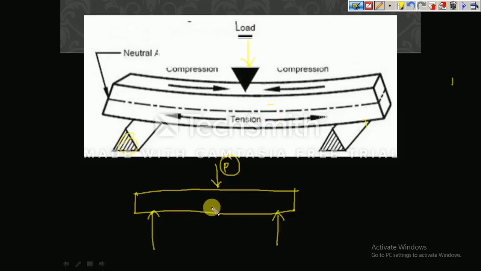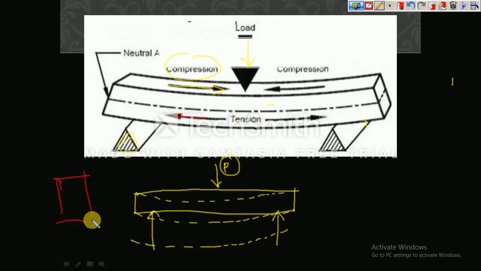When a load is acting, what happens? The beam bends like this, right? You can imagine. I'll just write here, the beam bends like this. The straight beam is going to bend in this direction. When the beam bends, you can see here the topmost part undergoes compression and the bottommost part undergoes tension. So if I take a cross section of a beam like this, the bottommost part is called the tension zone and the topmost part is called the compression zone.